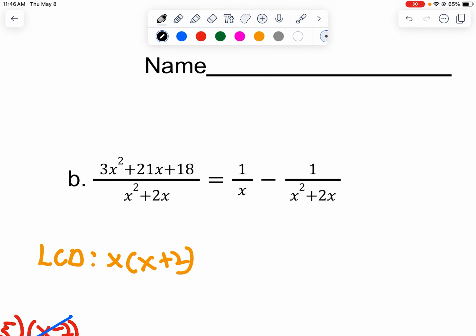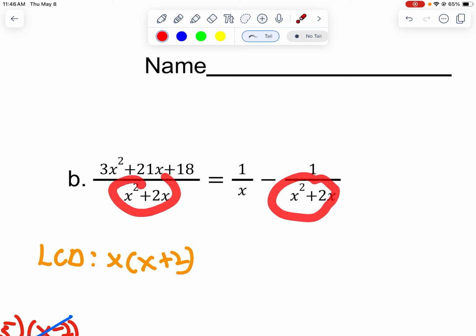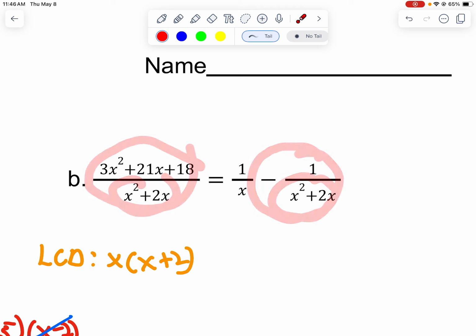All right? First thing is the F word. Factor everything that could be factored. And also, I just saw this. I didn't do it the first time I did this, but I just saw this. This denominator is the same as that. So I could just add this to this side, and this turns into,